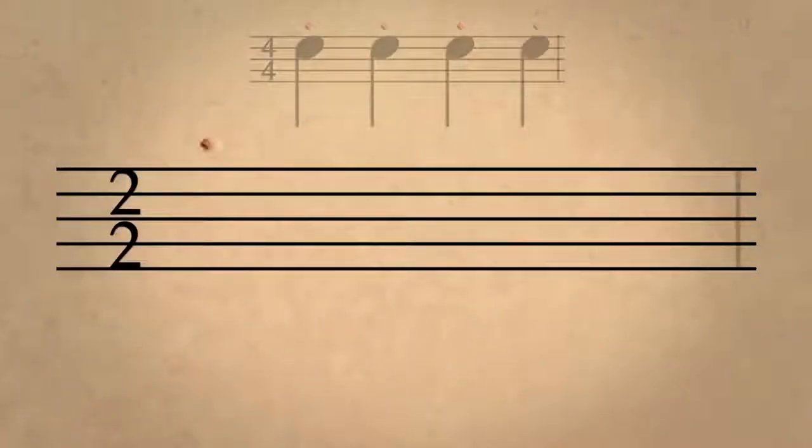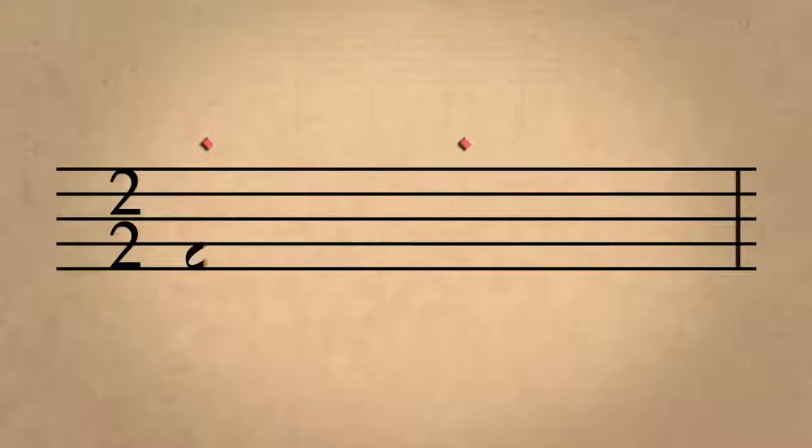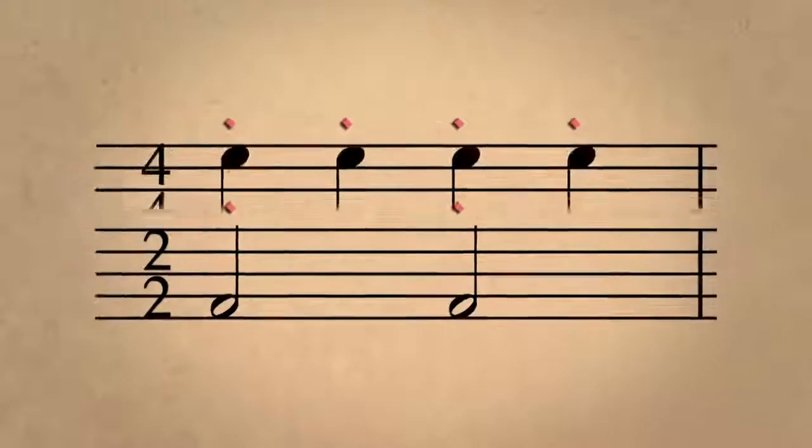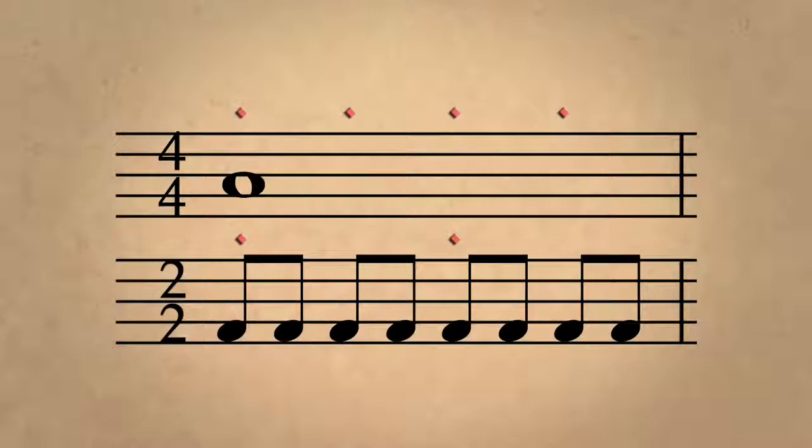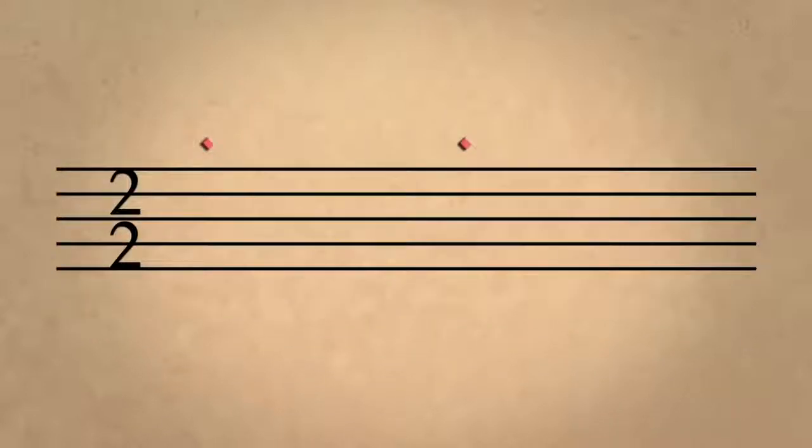2/2 means 2 beats in a measure with a half note getting a beat. One measure of 4/4 is equivalent to 2/2, except that the unit of pulse or beat in 2/2 is a half note, while in 4/4 is a quarter note. In both cases, 4 quarters will be in each measure, or 2 halves, or 1 whole, or 8/8, and so forth. 2/2 can also be notated with the large C that we just discussed, but with a line drawn through